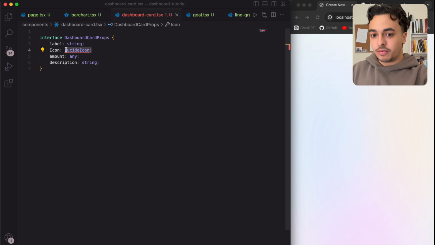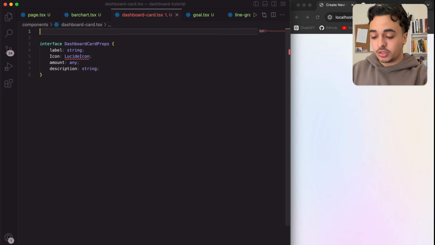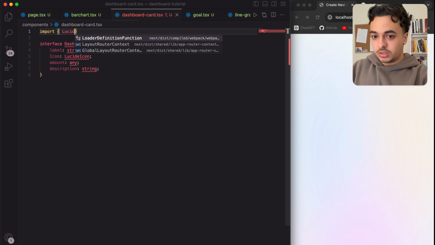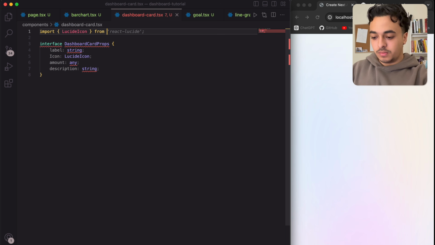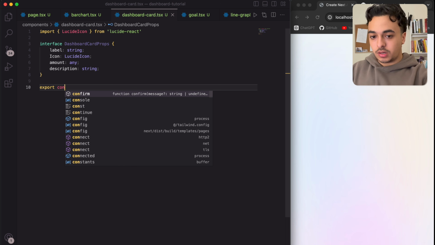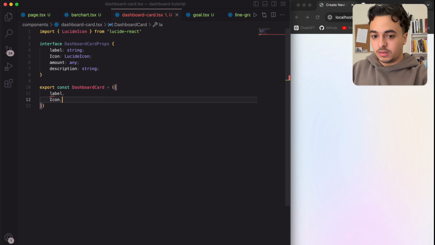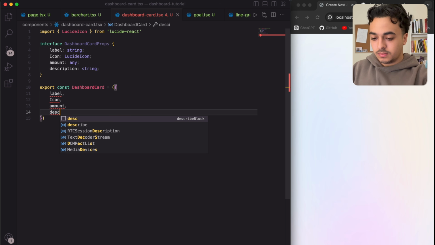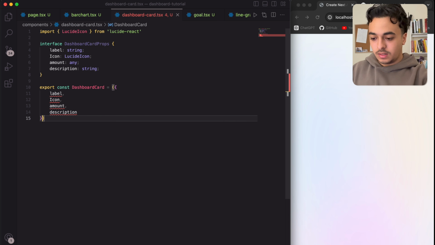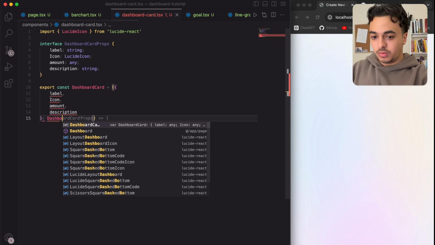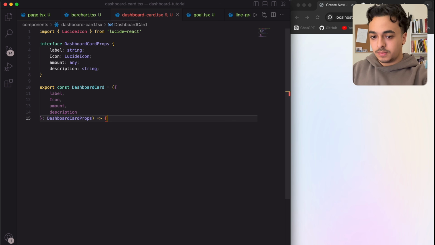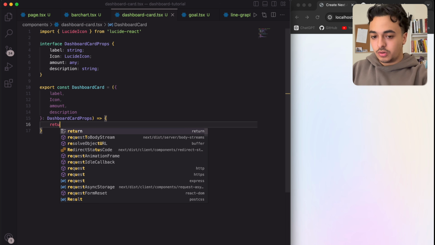We're getting an error here from the Lucid React icon because we have to import it. So let's do that real quick. Import Lucid icon from Lucid React, and the error should go away. Next we need to export const dashboard card, equals to the label, icon, amount, and finally the description. And then in here, we're gonna have the dashboard card props and then return with the